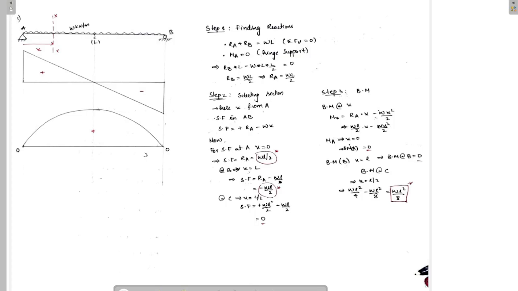So let's see how to draw the shear force diagram and bending moment diagram for a particular beam. In this case, we have a simply supported beam with a uniformly distributed load and we have to draw SFD and BMD. The first step to follow is finding the reactions. In order to find the reactions, here in this case we consider the sum of all the vertical forces equals to 0. So if we consider RA and RB are the reactive forces,